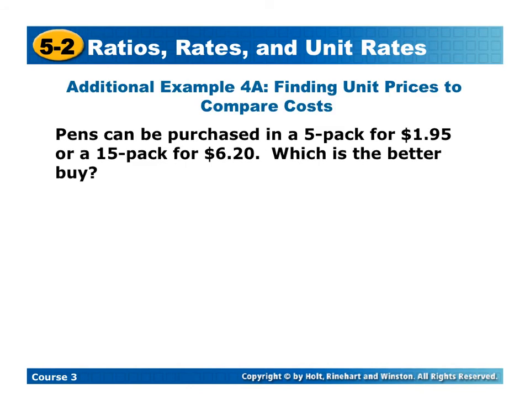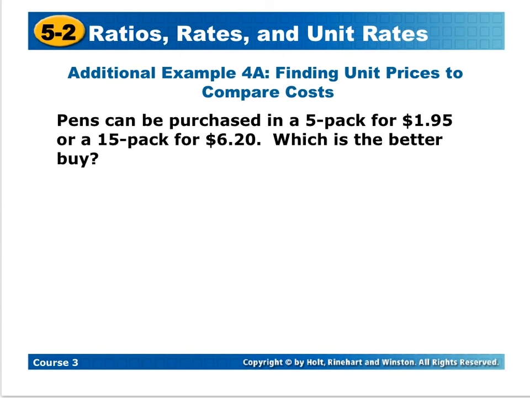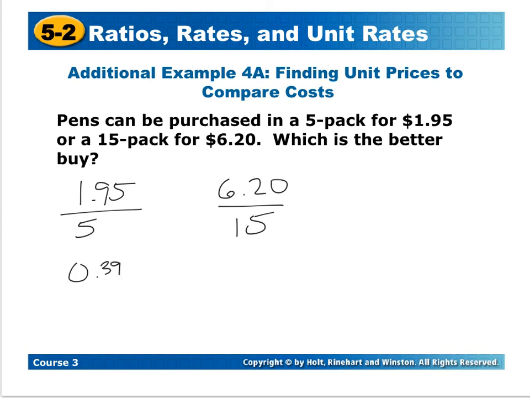So here, pens can be purchased in a 5-pack for $1.95 or a 15-pack for $6.20. We want to know which is the better buy. So we're going to look at what you're paying for the price per pen. So we're going to compare $1.95 for 5 pens to $6.20 for 15. So we're simply going to simplify both of these to a unit rate. So $1.95 divided by 5 gives us 39 cents per pen,